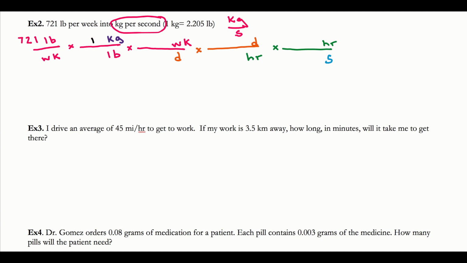Okay, so 1 kilogram is 2.205 pounds. 1 week is 7 days. 1 day is 24 hours. And in 1 hour, there are 3,600 seconds. Okay, so 721 divided by 2.205 divided by 7 divided by 24 divided by 3,600. And the answer I get is 0.00054